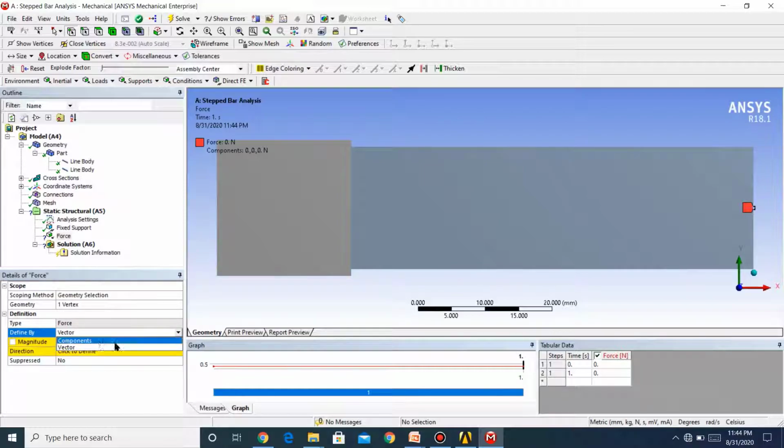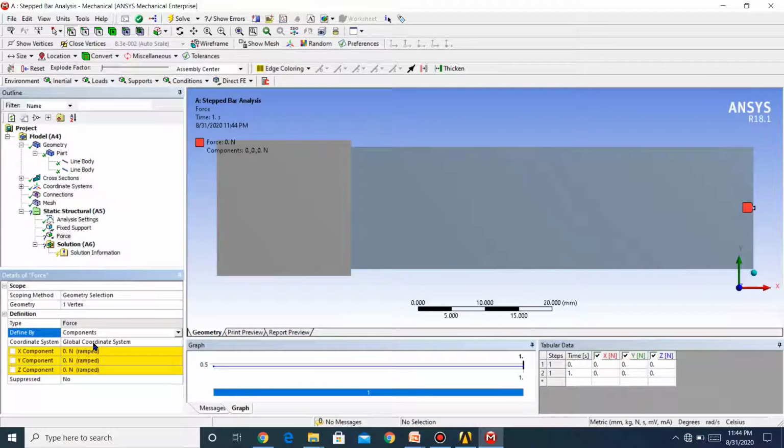So open here, select component, and the force is acting along the x-axis. So change the x component of force to 10,000 Newton. So we have applied the necessary boundary conditions. You can see a force is acting along the x-axis and it has a value of 10,000 Newton.